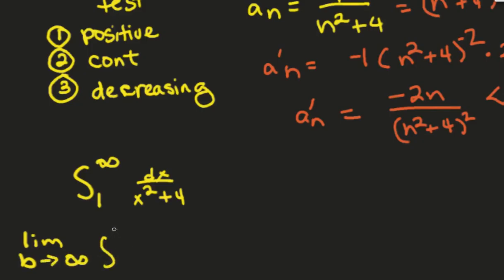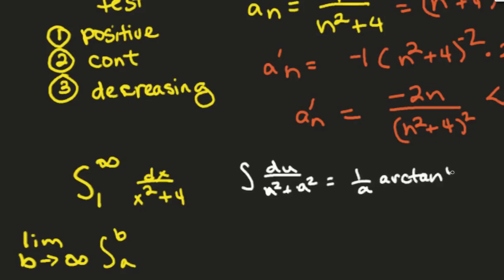Good. So the general formula for this would be this right here. If you have the integral of du over u squared plus a squared, it's 1 over a arctangent u over a. So if you plug into that, then you will get what this student just said. So it'd be,